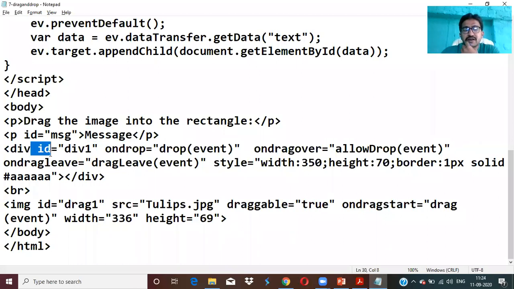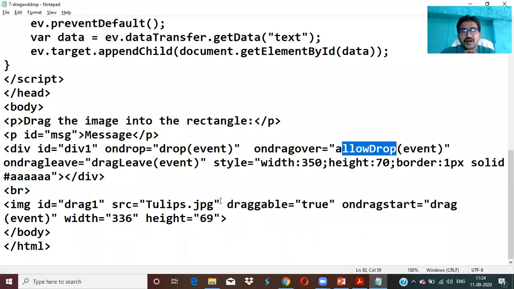Now I take a division with ID d1, ondrop. ondrop is an attribute, and drop(event) is a JavaScript function we are calling. On drag over, another function we are calling, allowDrop(event).